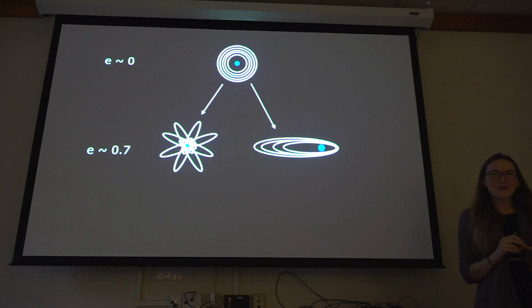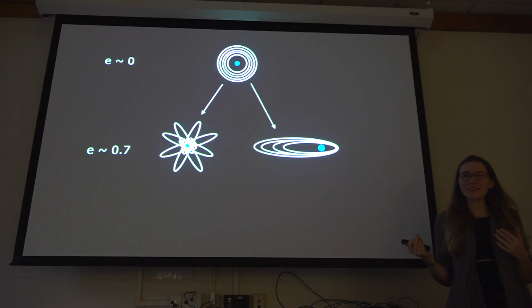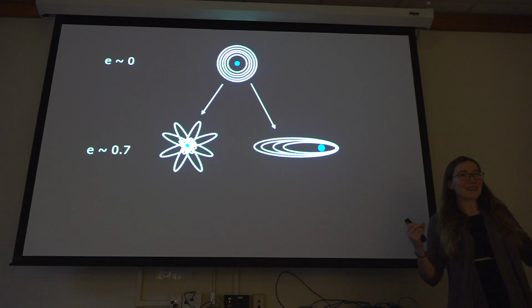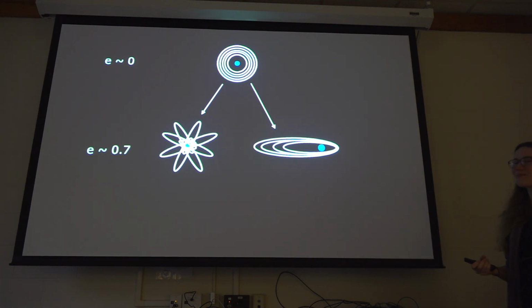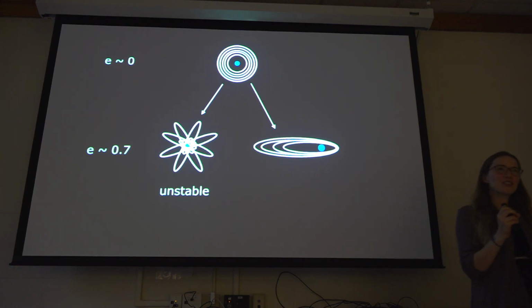I'm going to show you that one of these systems is extremely stable and can persist for a Hubble time. The other system, just because of its setup, is extremely unstable, and all of the orbits will jump away from each other. If this was a class, I could clicker question this up, but I'm not going to make you put up your hands. I'm just going to tell you that, maybe counterintuitively, the one where the orbits are spread out from each other is an extremely unstable system.